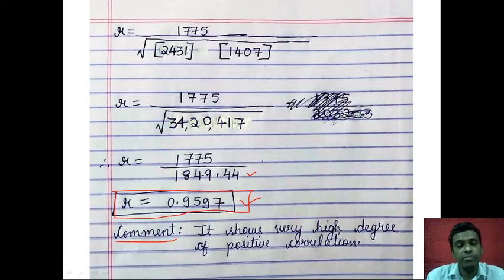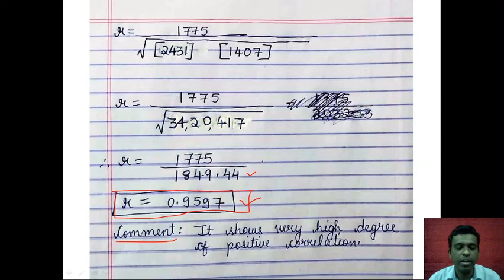What you have to do is, you have to take this problem without change of scale and without change of origin. Try to solve it as I've told you in my previous problems, and check whether you will get the same answer. You must get the same answer, but the only thing is the numbers that you are getting will be a little bigger, large values. So try that also. Compare that value of r with this value of r and see if there is any difference. If there is any difference, it will be a very minor difference in the third or the fourth decimal place, but 0.95, these first two decimals will remain the same.